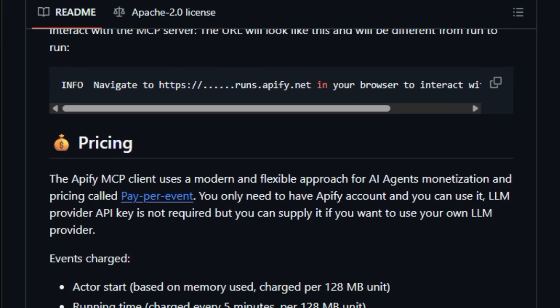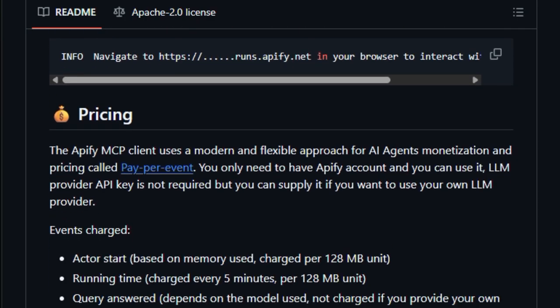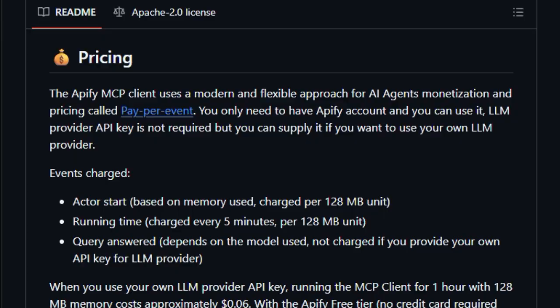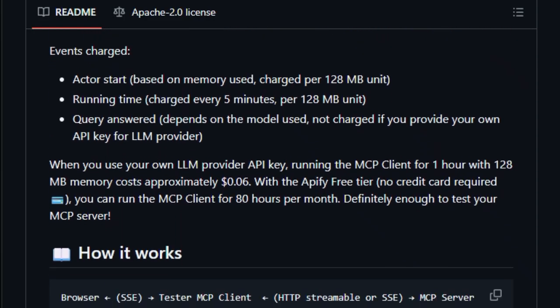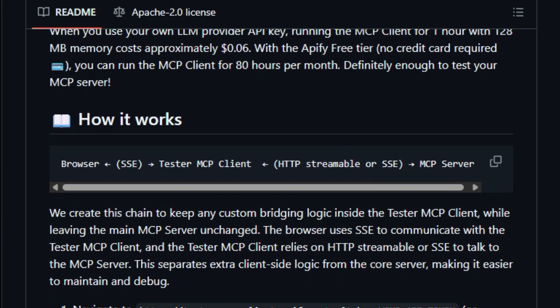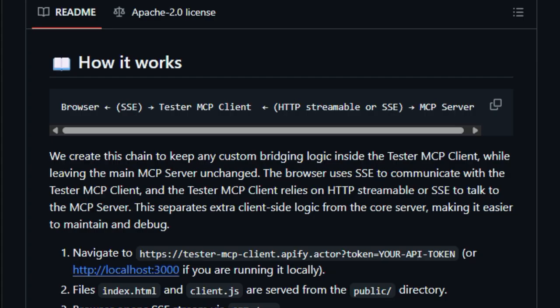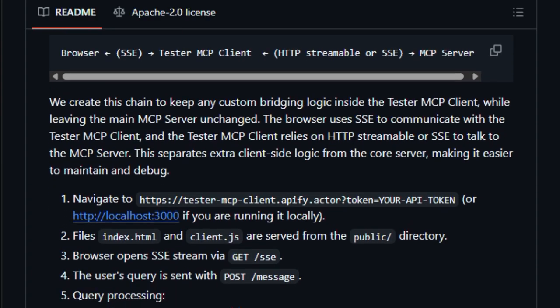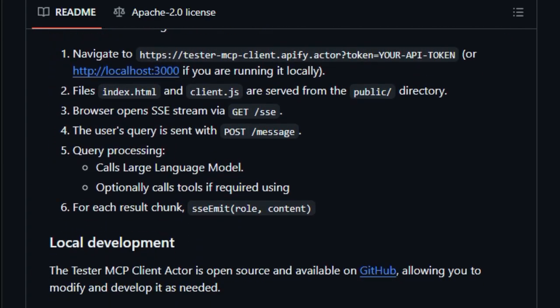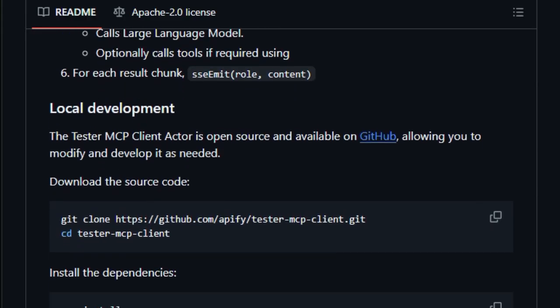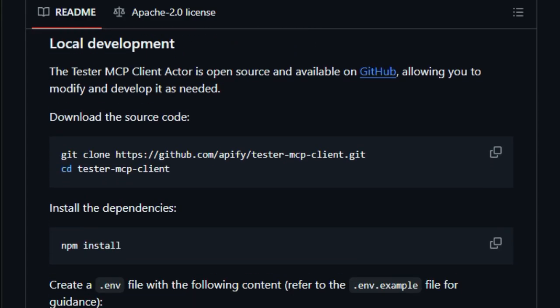That means no guesswork, just clean, reproducible testing. Another standout, the pricing is flexible. It uses a pay-per-event model where you only pay for actor start, runtime, and queries answered if you use the built-in LLM. Run it with your own LLM provider, you only pay minimal compute costs. On Apify's free tier, you can run this for 80 hours per month, more than enough to stress test your